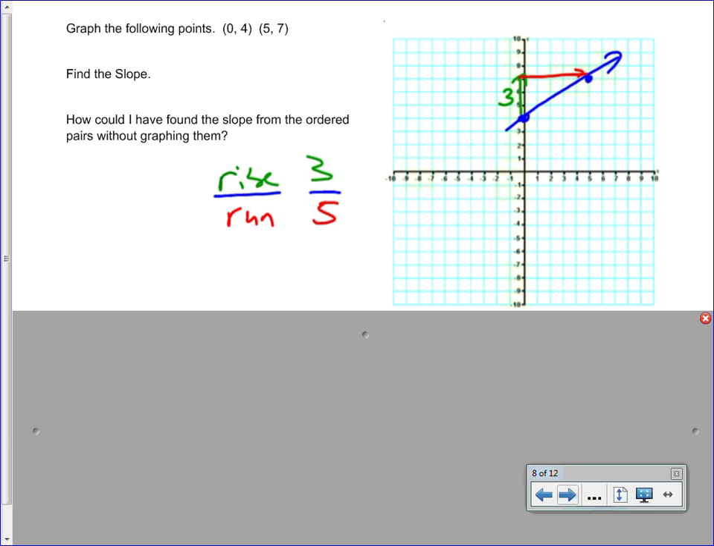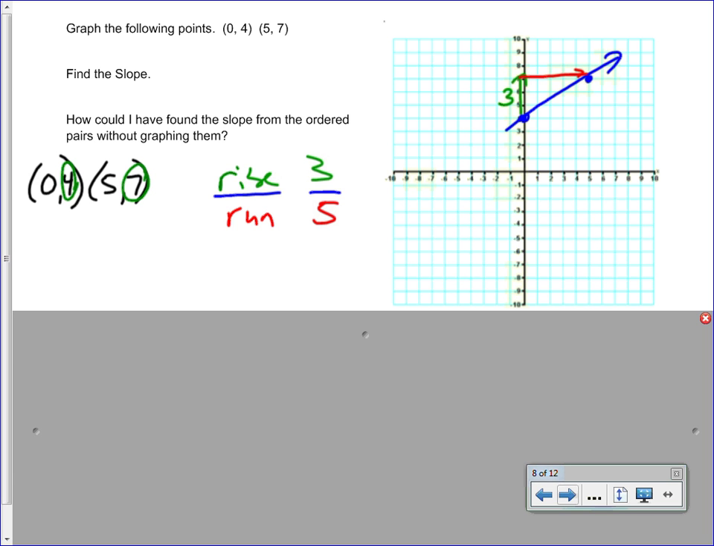The question I have is, how could I find the slope from the ordered pairs without graphing? So if I were to look at these 2 ordered pairs, I got a (0, 4) and I've got a (5, 7). So how can I get a 3 from these ordered pairs? How can I get a 5 from these ordered pairs? Hopefully, we can see